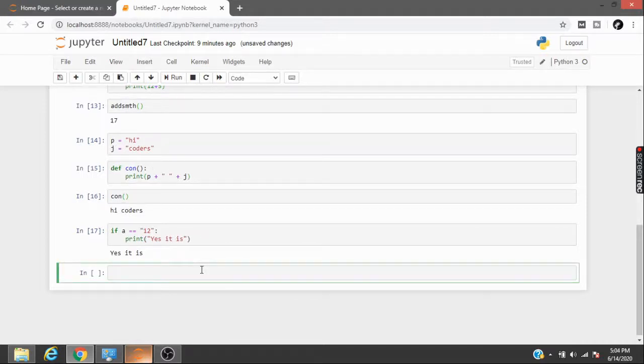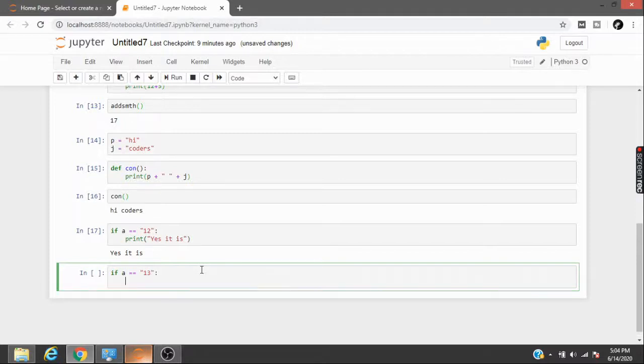If you want to use if else, you can write if a equals to, which means I want to check whether a is the value that you want to state, suppose 13, and if it is 13, of course, which is not the case here, I'll type yes it is.